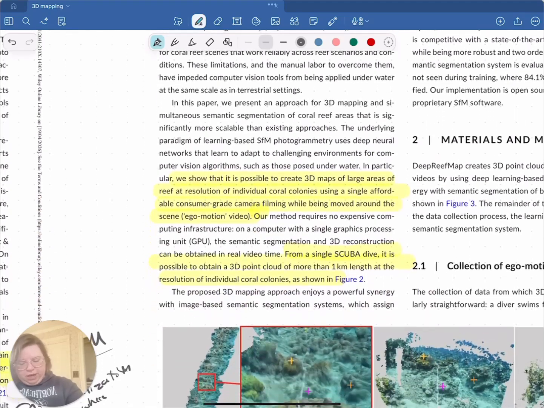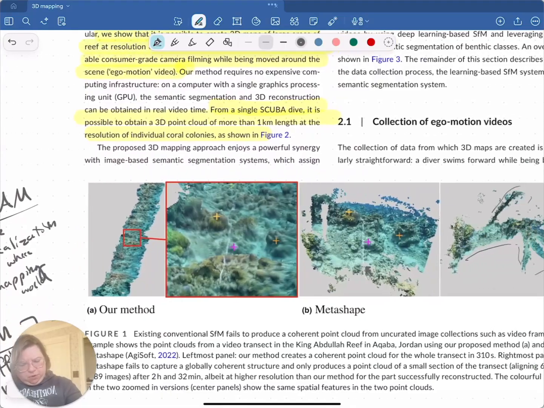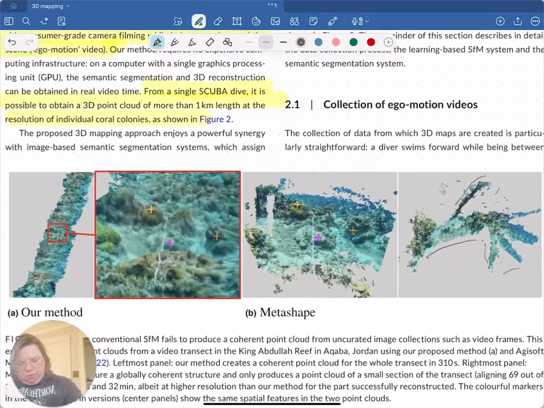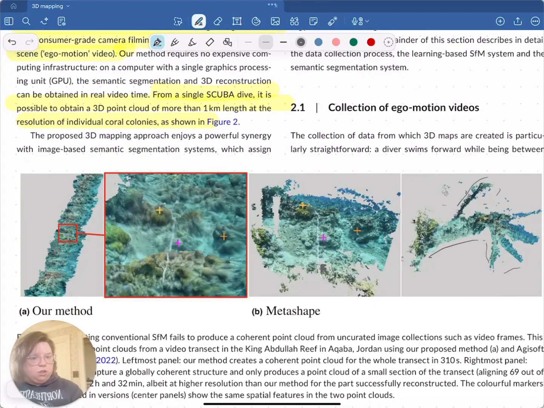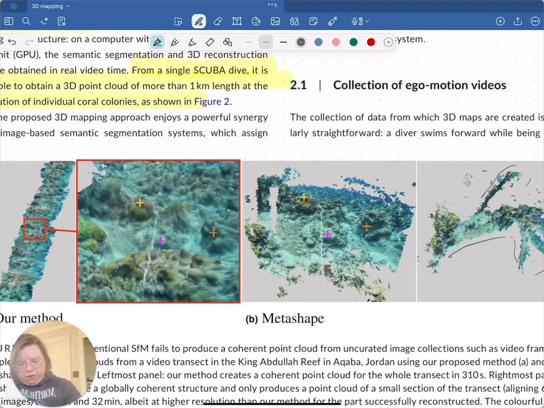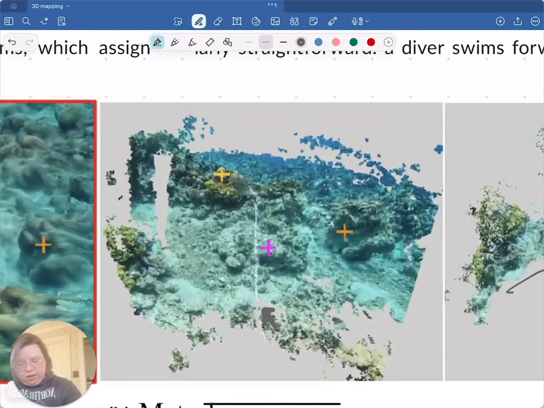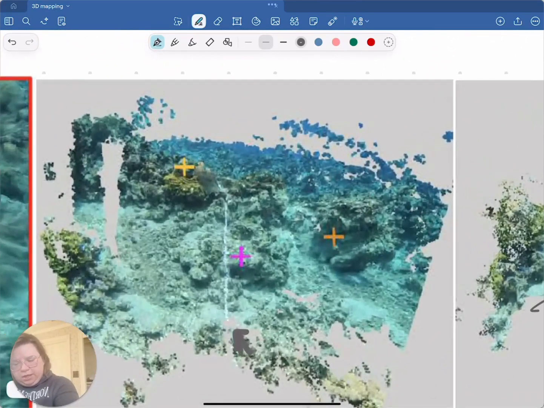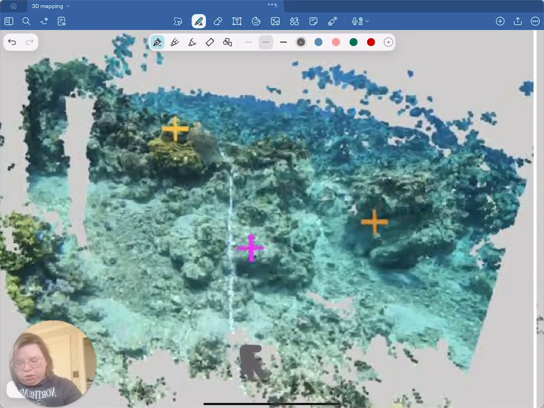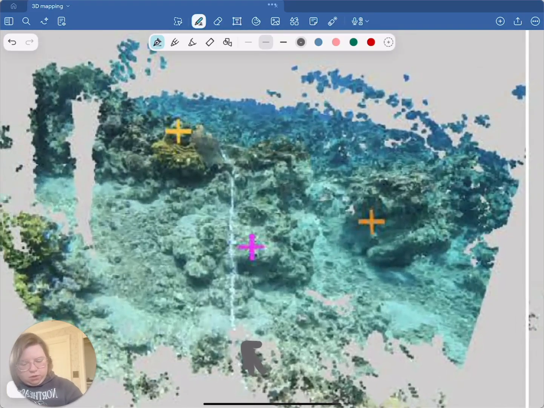So before we get into how they did it, I want to give you a small example here. On the right, Metashape is an existing technology for underwater structure from motion. This is actually what they were calling out, that on this is the transect line, and then these are markers that they put in to be able to directly compare. When we zoom in, we can still see a lot of the structure, even though this is on a printed